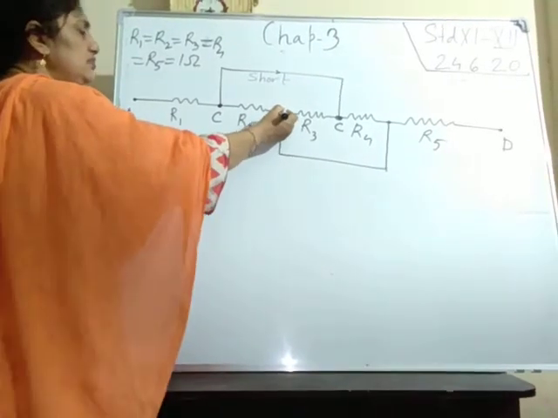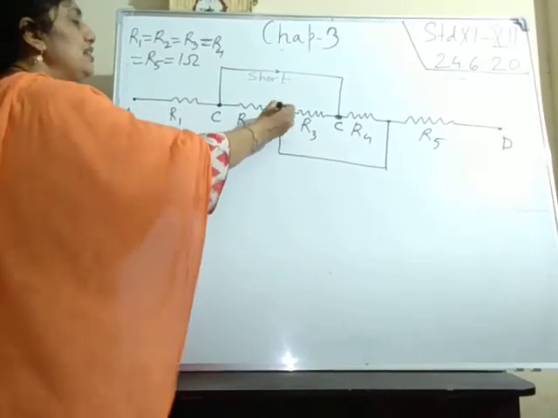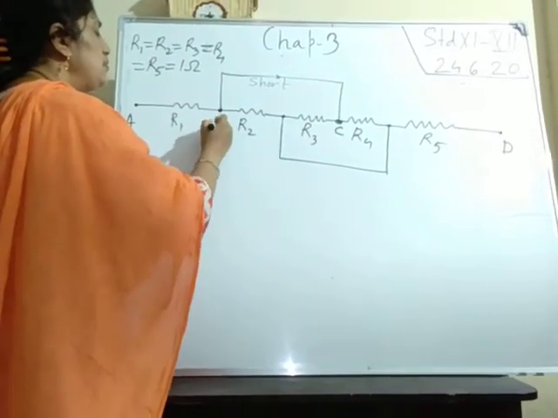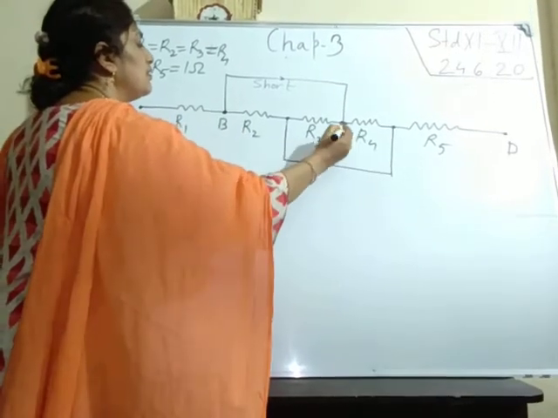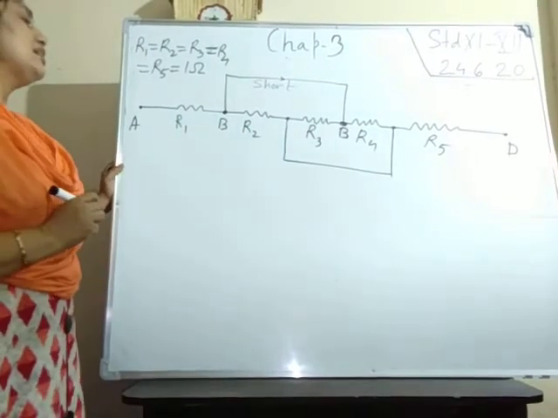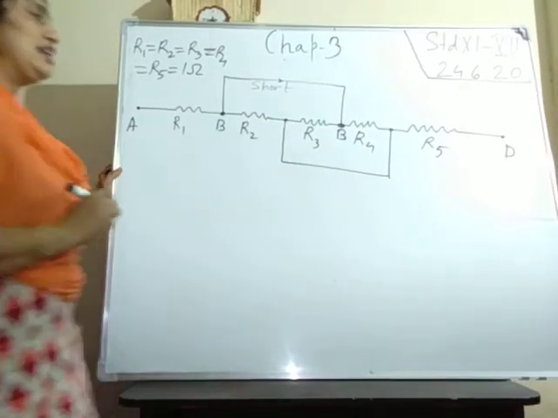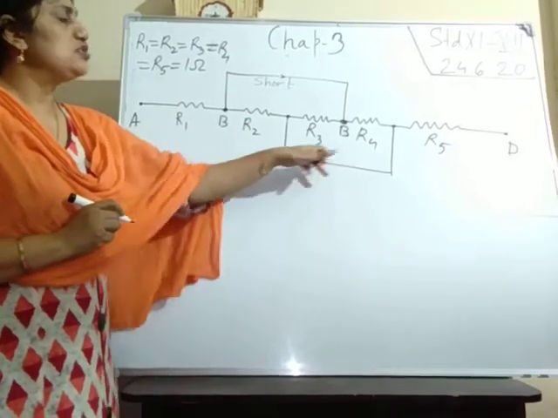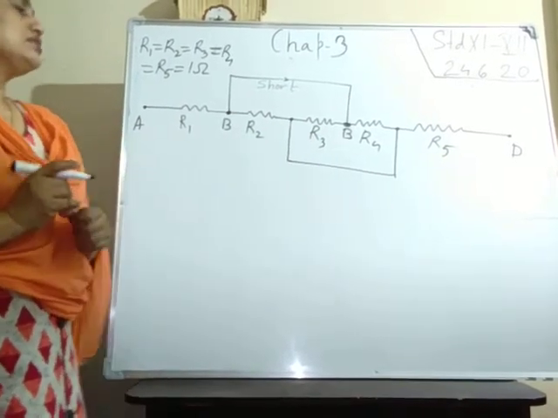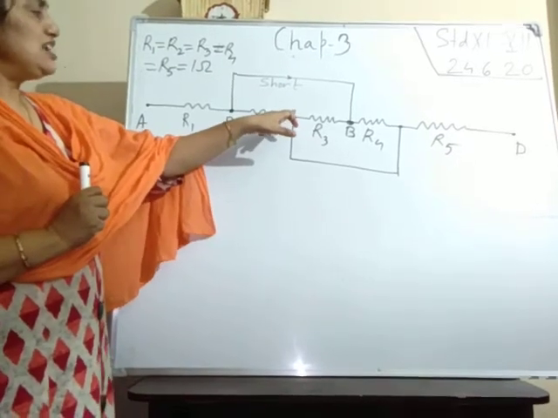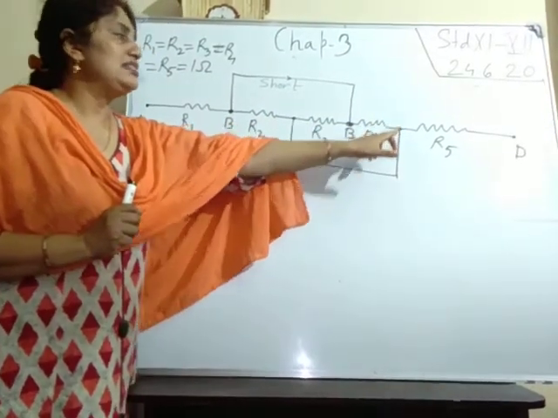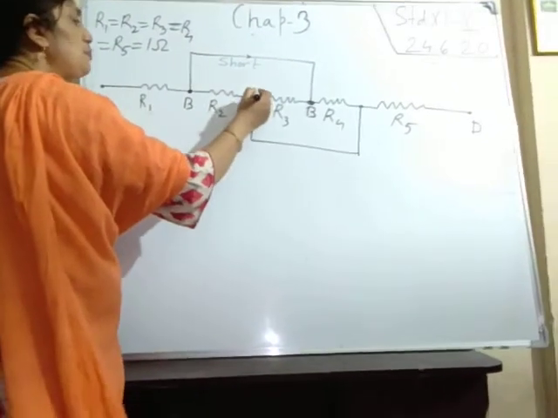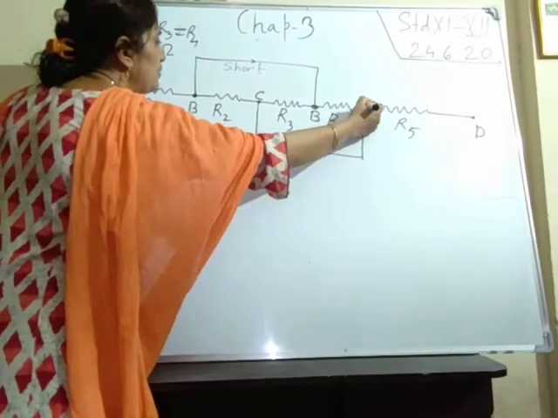Again, you can see from here these 2 points, this point and that point. Look, these 2 points are connected with a connecting wire. So the current will choose this path, as there is no electrical instrument, and that is known as short. So the potential at this point and the potential at that point is the same. So we can name them as the same point. That means if this point is C, that point also will be C.